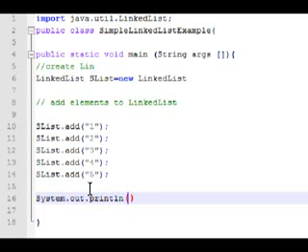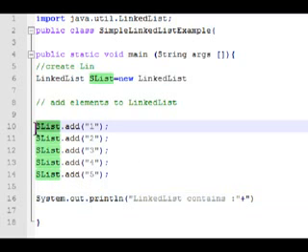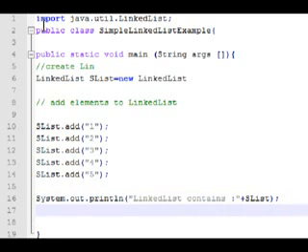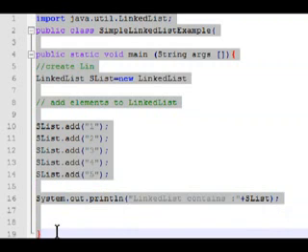Inside the parentheses, we're going to type "linked list contains", and this will become slinks, the object, and put it there. And that is the example of a linked list.